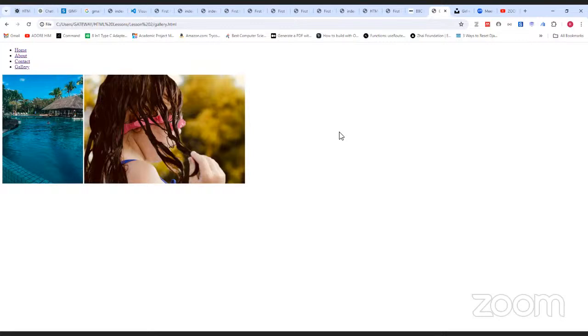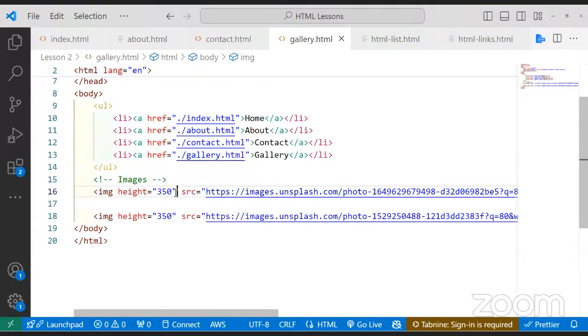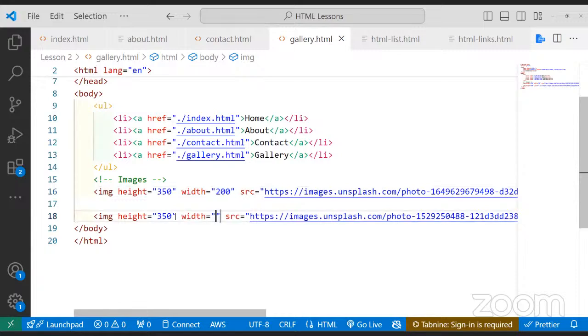Yes, that's exactly what I said. Yes, you can define both. So in this case, if I want, I can come back here and say, okay, width, maybe let's say 200. Okay? 200. But you see, the problem with assigning the height and width yourself is that usually there is something